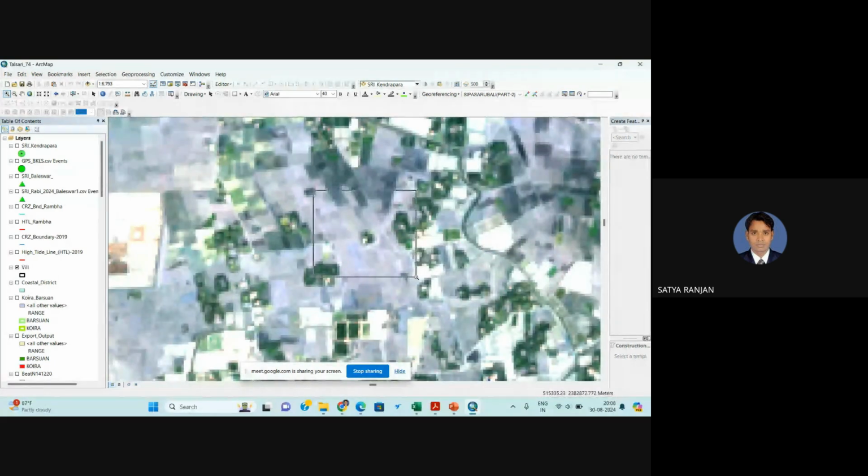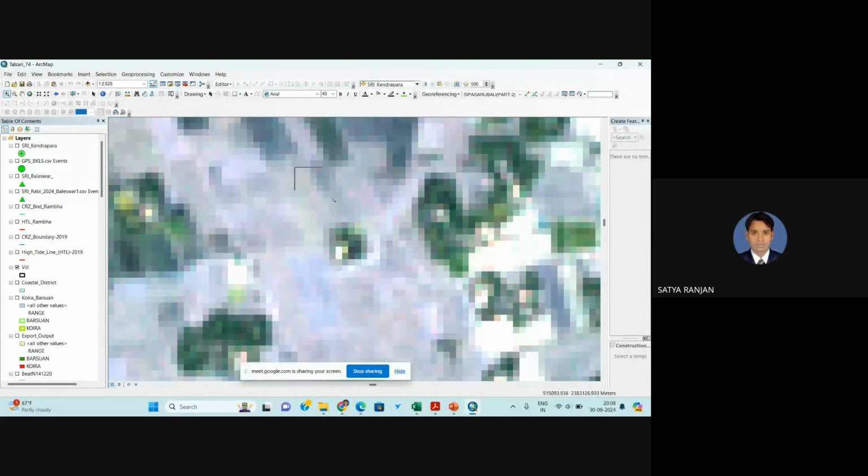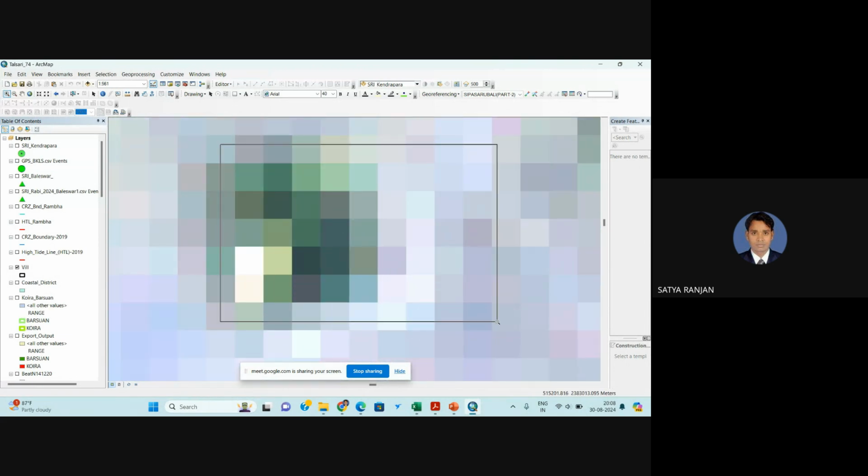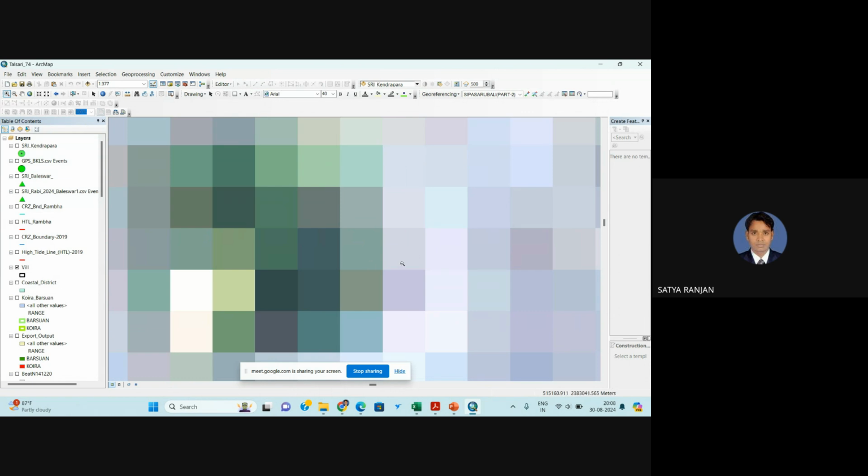So it is composed of pixels. These are some pixels that are used. So it is raster data, and it has pixels. If I want to know the spatial resolution of this satellite, then we can measure the distance